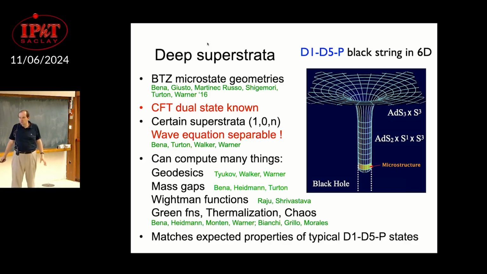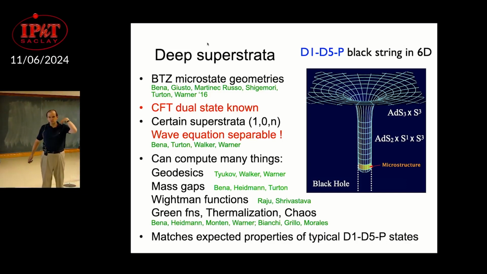I was just going to add one comment. There are two people, at least here, who are experts in the precision holography of this. There's Rodolfo and David here. And I've been told by colleagues that it's one of the best checked holographic dictionaries out there, even including QCD, N equals 4 Yang-Mills. I think enough has been said.